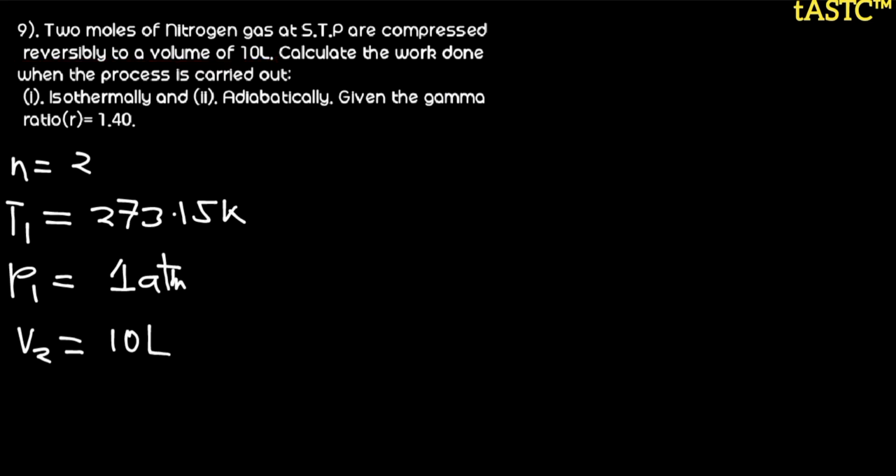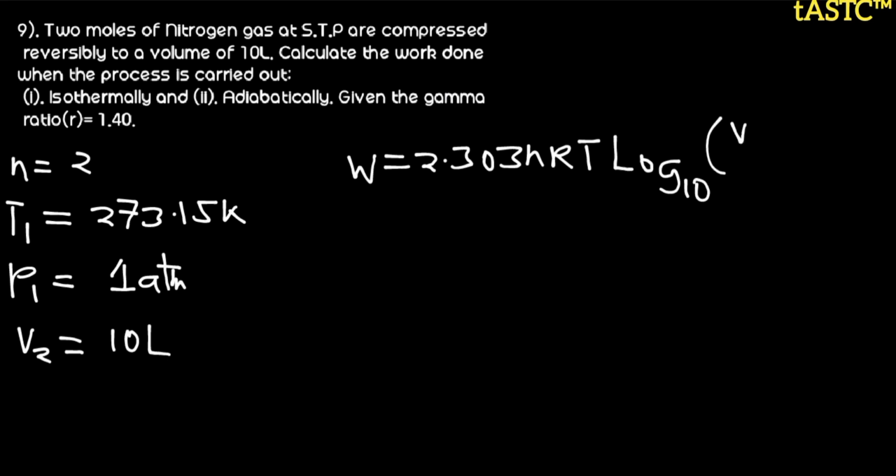Now, if we want to calculate the work done, we know that work done is equal to 2.303 log to the base 10 of V2 divided by V1. Now it happens that we have not yet found what V1 is. How can you find V1? What is going to be the answer for V1? So this would actually be a little bit